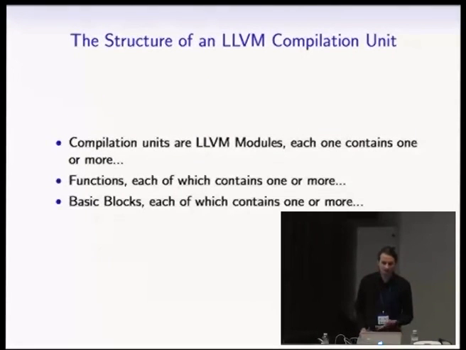Functions contain basic blocks, and a basic block is a sequence of instructions with no flow control in it. So it's a sequence of instructions which are executed one after the other, and any flow control happens at the end of a basic block. So if you have an if statement, you'll get one basic block with the condition in it, and then another basic block with the if body, and you'll have a branch either going to that basic block or going to after that one, and then, yeah, it all joins together. And basic blocks contain instructions.